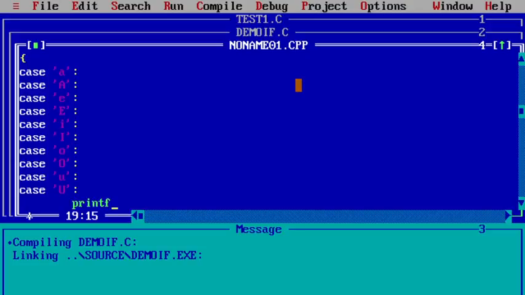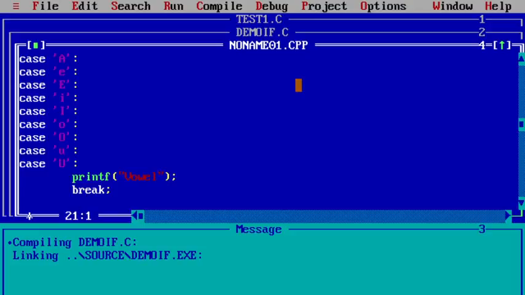After all these cases I have a printf, it's a vowel. Semicolon. Then I am using break over here. Break, semicolon. Then default, it must print not a vowel.